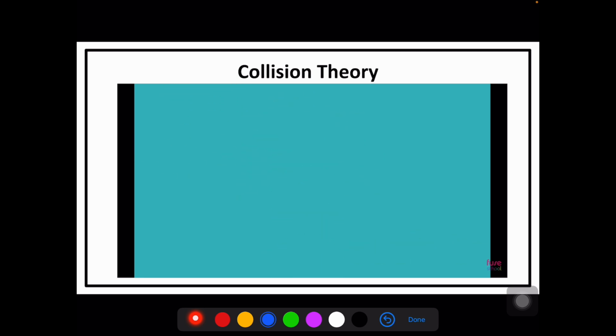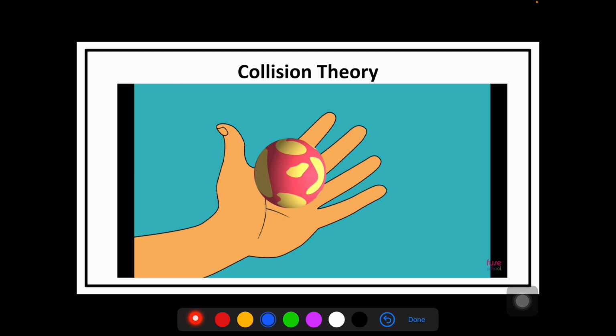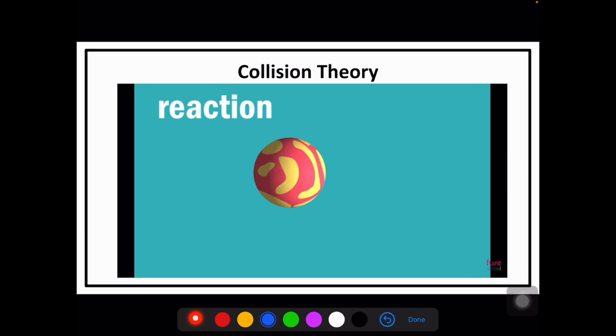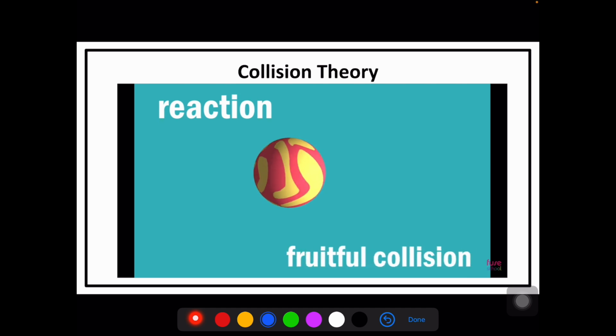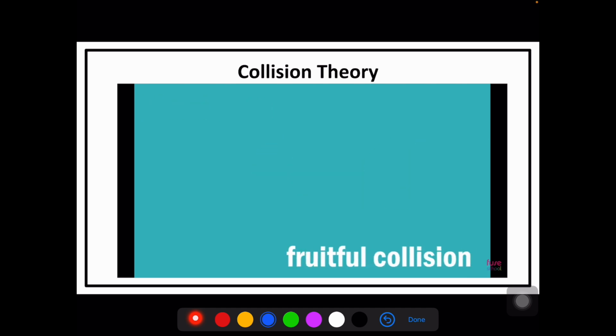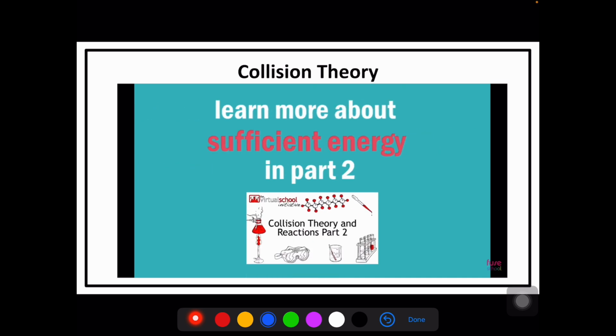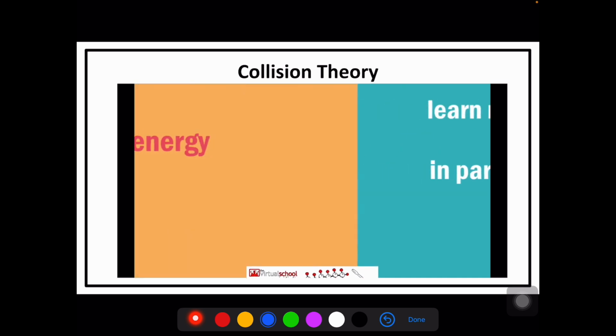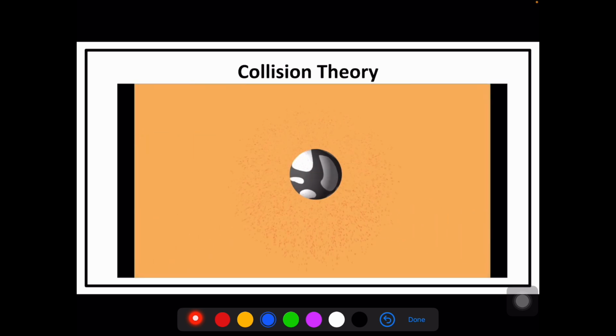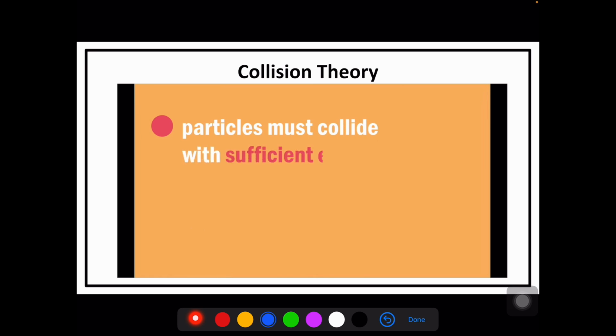But this time, if you pick up the ball of yellow plasticine, the ball of red plasticine will be stuck to it. There has been a reaction. We call a collision that results in a reaction a fruitful collision. So, for the collision to be fruitful, the reacting particles must collide with sufficient energy. So to recap, for a reaction to occur, particles must collide with sufficient energy, and particles must be in the